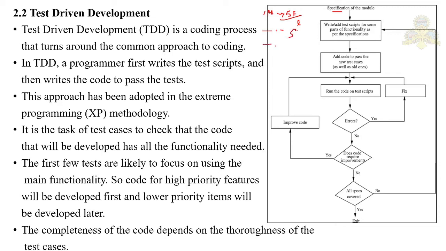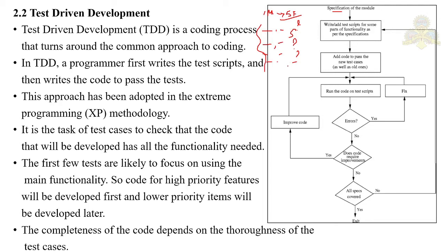Then give correct username, wrong password. What should happen? An error message should come. This is the expected output. Then give wrong username and correct password. What should be the condition? Again an error message. Give both of them wrong, then again it should throw the error message. Now these four things we call test scripts, or the scenarios which the developer has identified for one function. Likewise, for all the functions he has to write test scripts. Once he is done with writing the scripts,